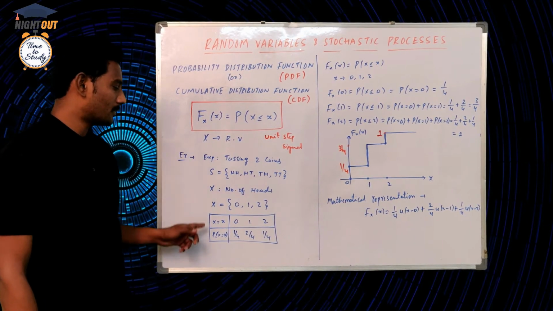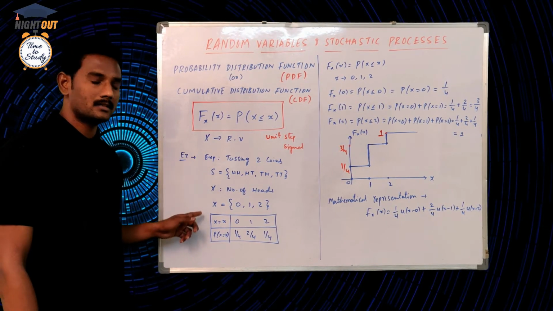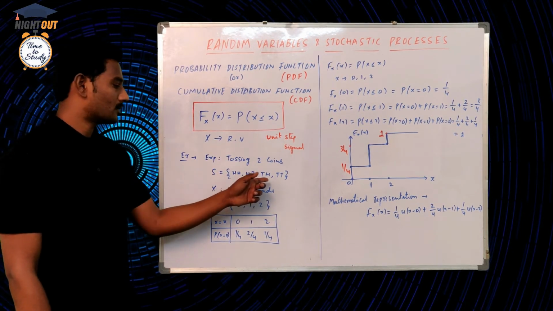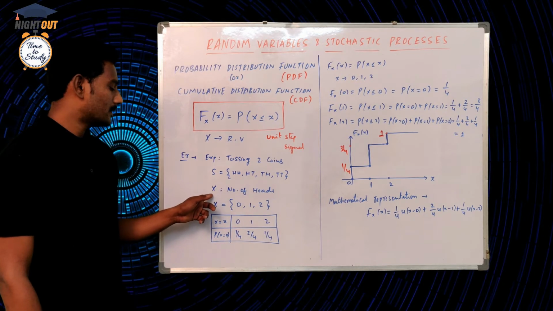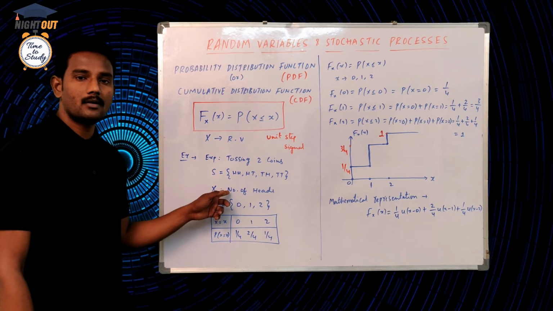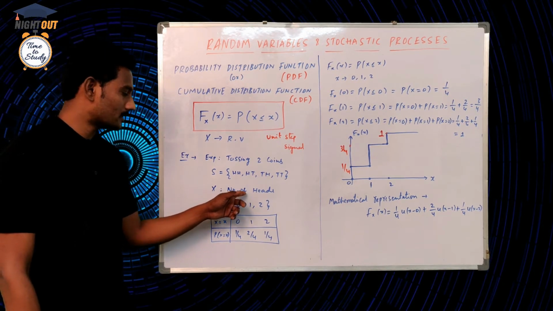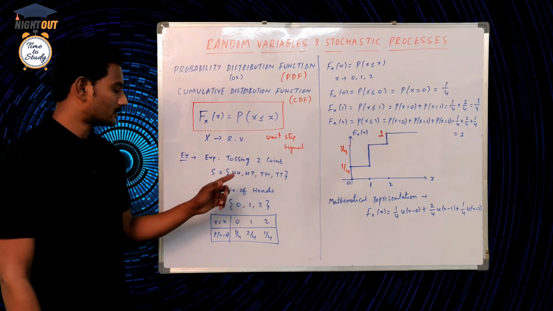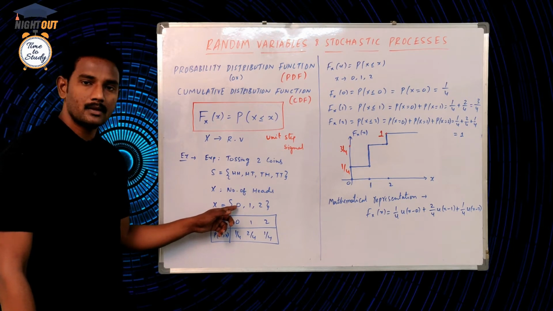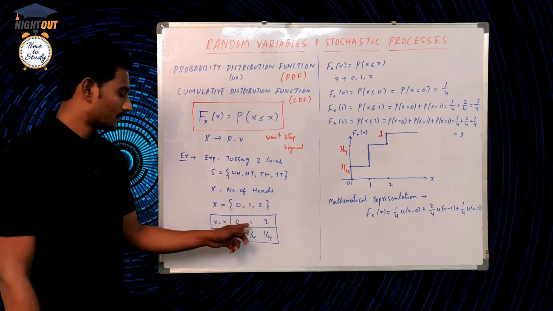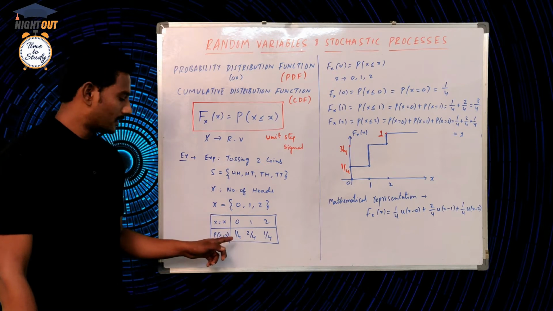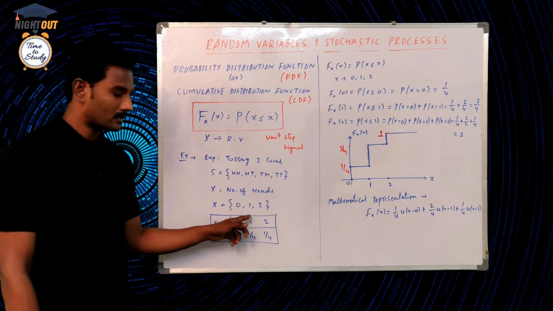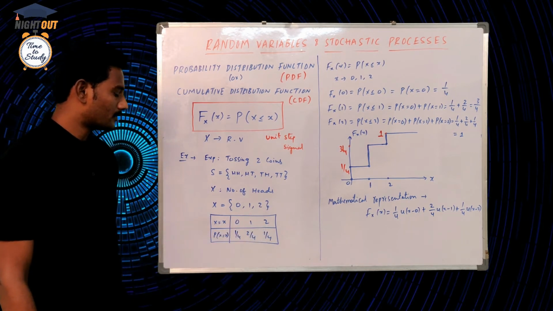So the same example which we discussed in the last lecture: the experiment of tossing two coins. The outcomes are 4 outcomes. And here the random variable we are taking as the function number of heads. So this function will assign real values to all the elements of the sample space, and we are getting the values of the random variable as 0, 1, 2. And already we know how to calculate probabilities for these values. So probability of 0 is 1 by 4, 1 is 2 by 4, 2 is 1 by 4.